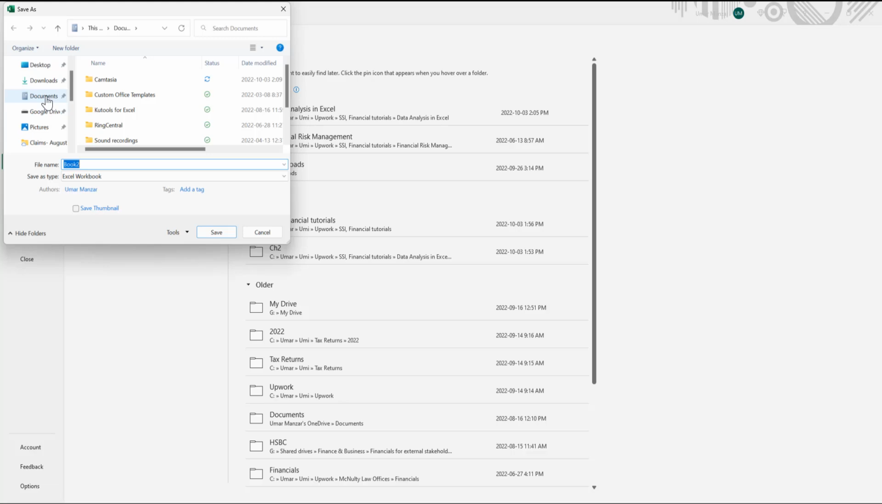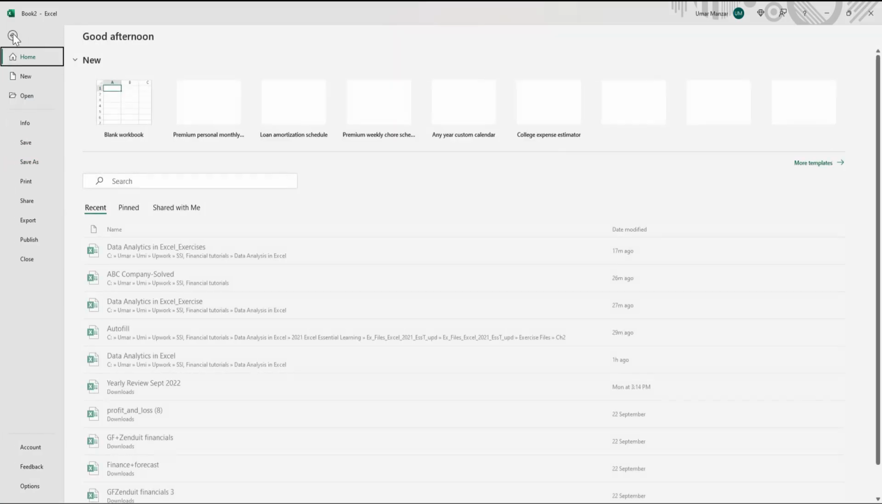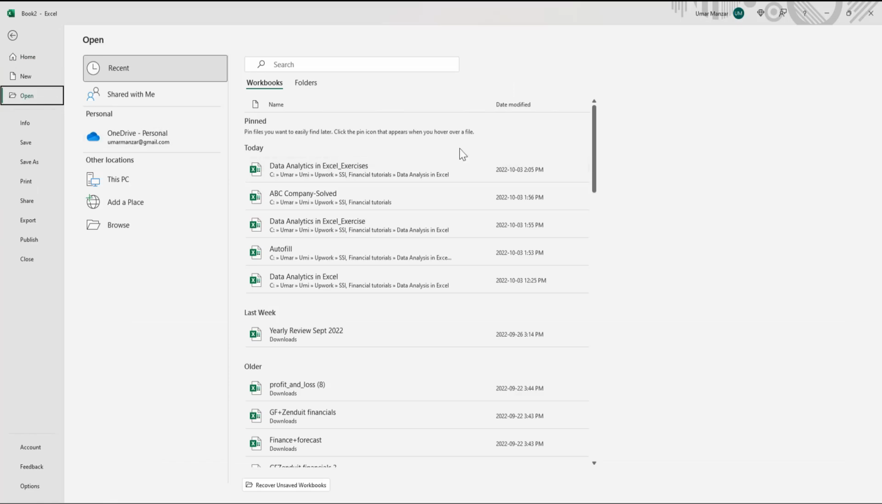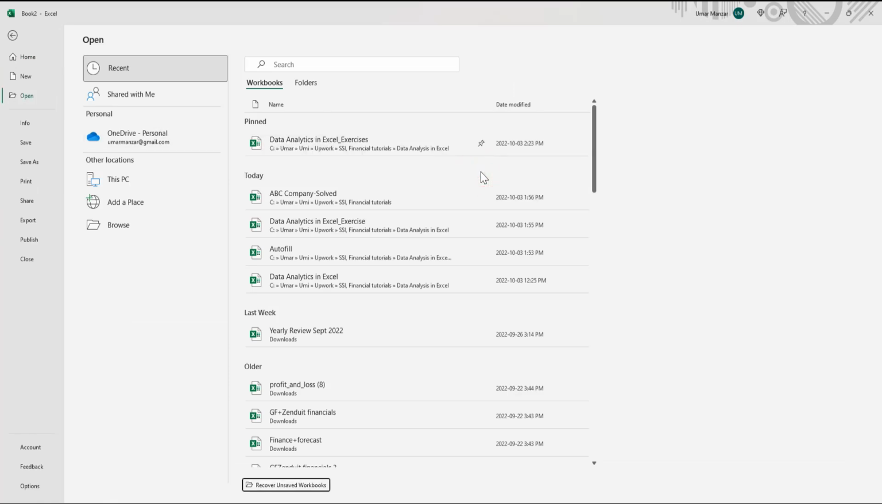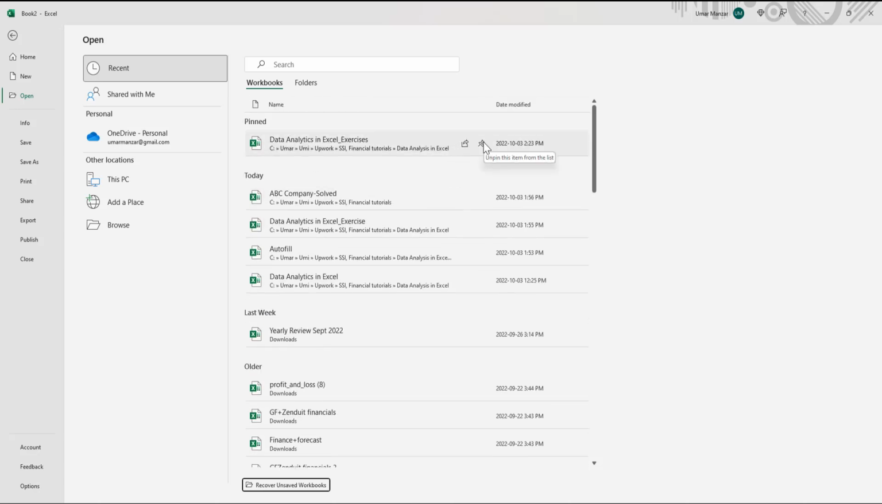if I wish to save it locally on my computer. At any point, I may open a file by going back to the File menu, Open. By selecting a push pin icon, I can move an item that I use regularly to the top of this list. As a result, I can now find any file I need by going to the Pinned tab